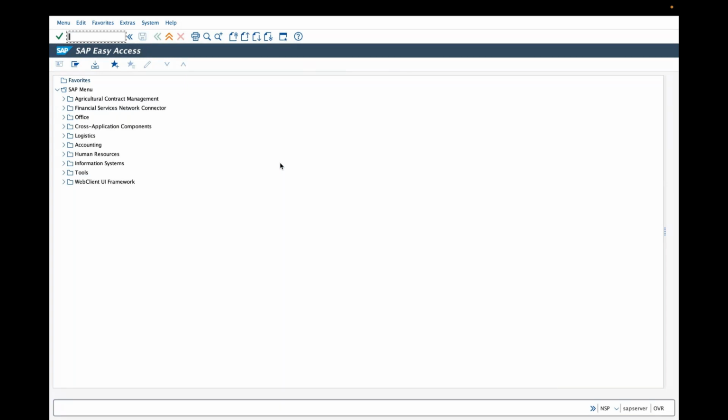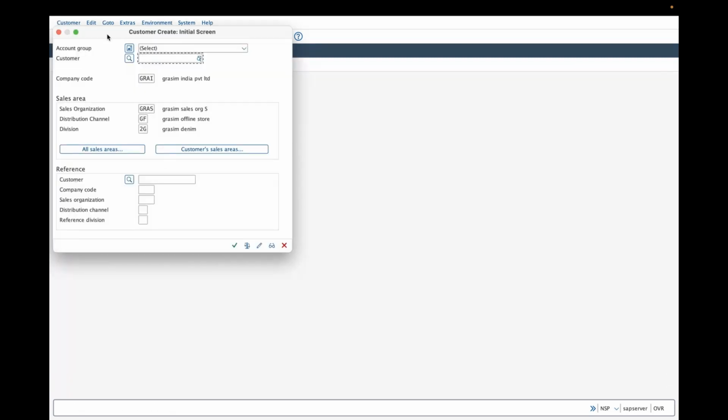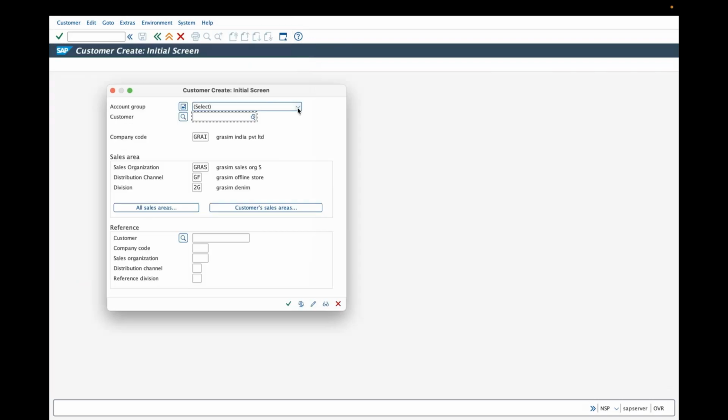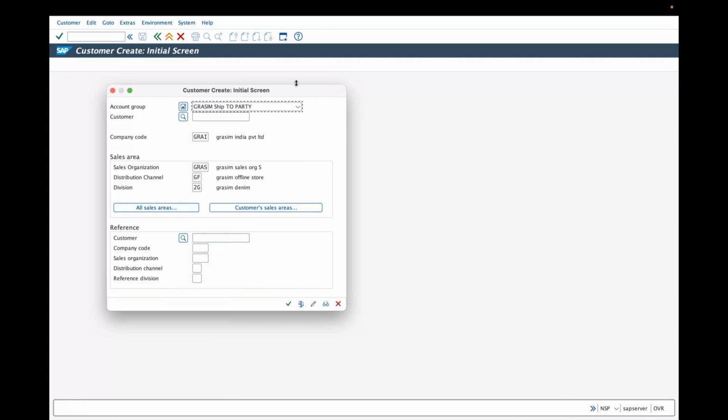Now we'll come to the scenario of how to add a ship-to party. So XD01, I go again. What should I do? I should create a ship-to party now, so I use the ship-to party account group that I made. Remember,